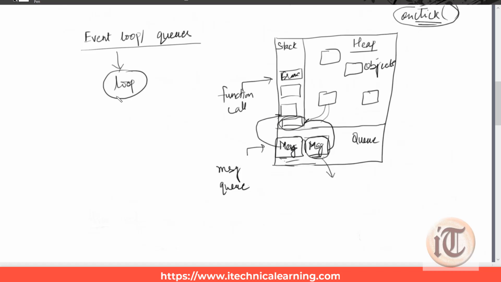Why am I using the terminology loop? It got this name because of how it is implemented, because its implementation resembles a loop. When one message is processed, it will search for the second. When the second message is processed, it will go for the third, and it keeps moving until it finds messages to be processed and the functions associated with them. That's why these are called event queues, or also event loops. So this is how event loops or queues work.